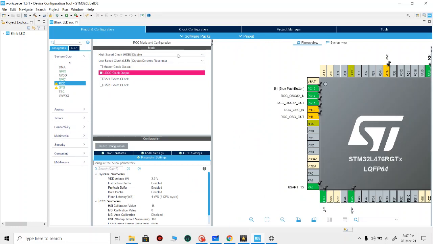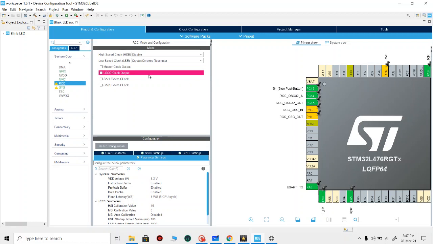Since this has a 24 megahertz high speed external crystal on the board, we can make use of that, crystal or ceramic resonator. So now our clock comes from that, and we don't need a clock output for now.